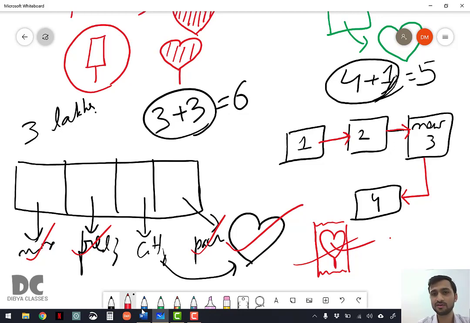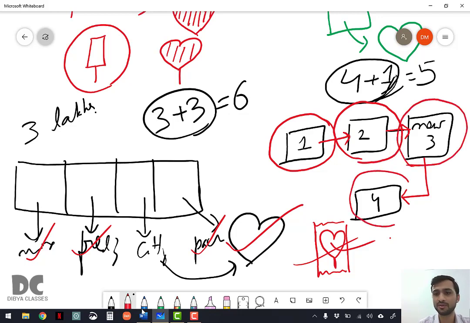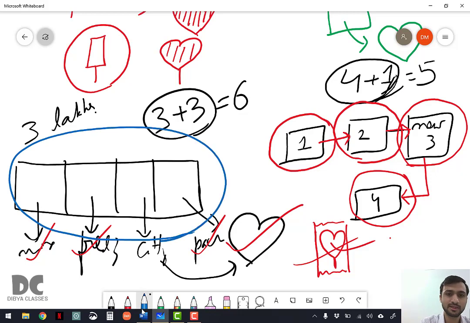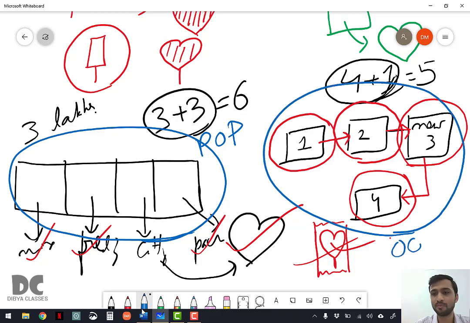So here the advantage was, since B bought individual machines, each doing a different task, it was easier for him to replace and it was cost effective. The same technique which I explained right now is what we can call the POP programming technique, and this is the OOP programming technique. This is how both types of programming languages work.